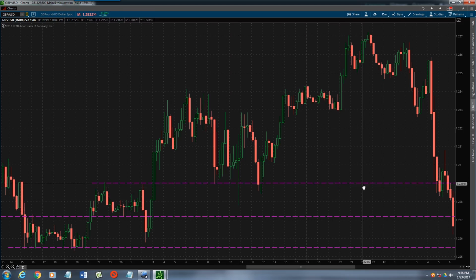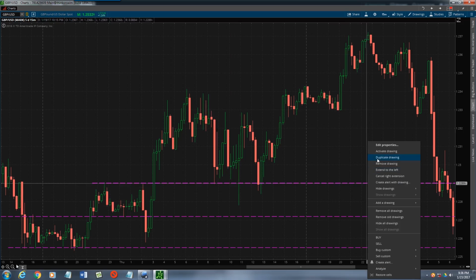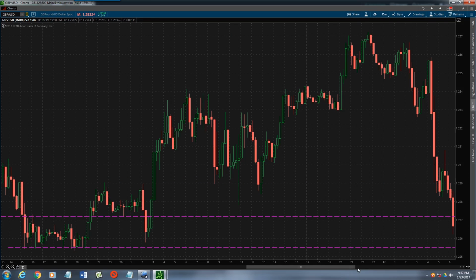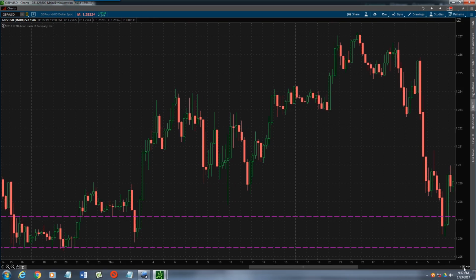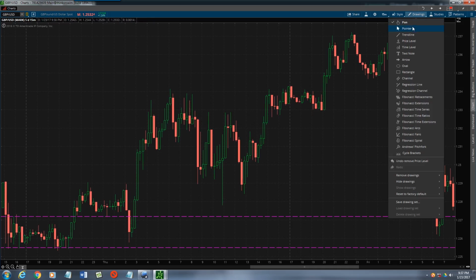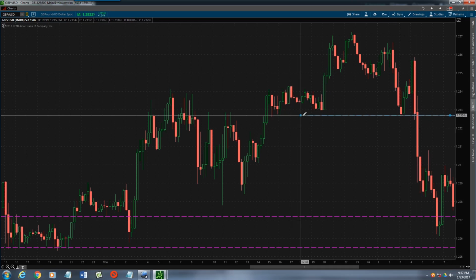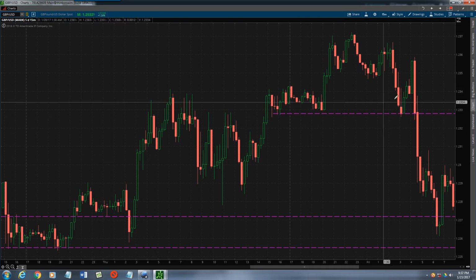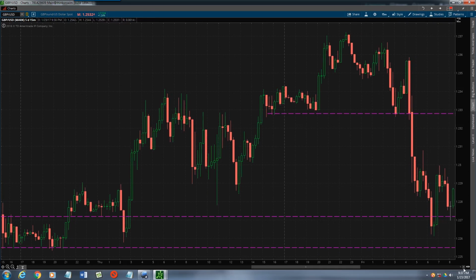I would say so. Now at this point with these, done. We'll see what happens here. That shot back up. So now I'm looking. Okay, so here, this broke. I'm looking at now at this being resistance. Right here. And that's good resistance. I like that. When you get a respected break, I'd be looking for a retest of that. I don't know if we'll see it on this chart, but